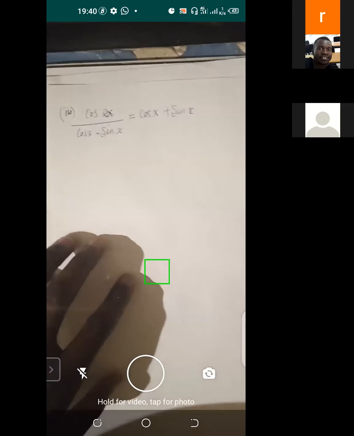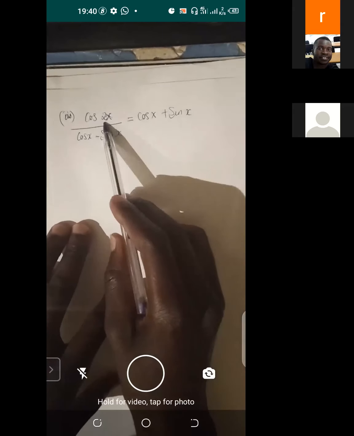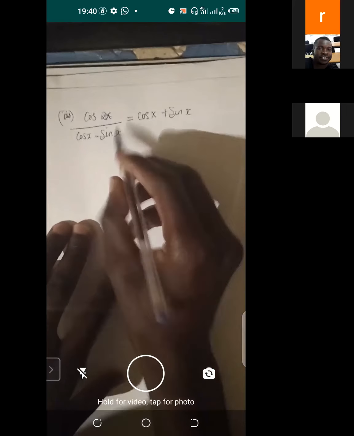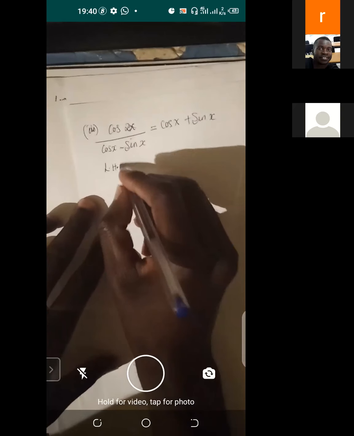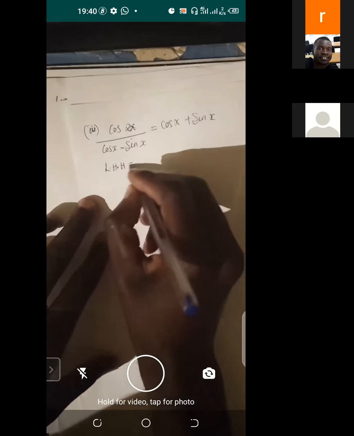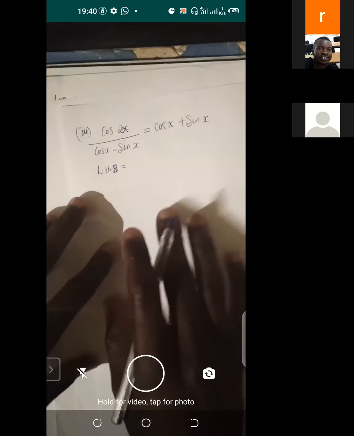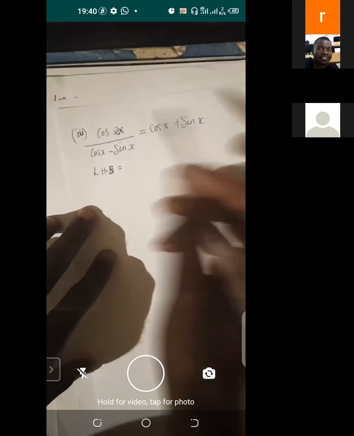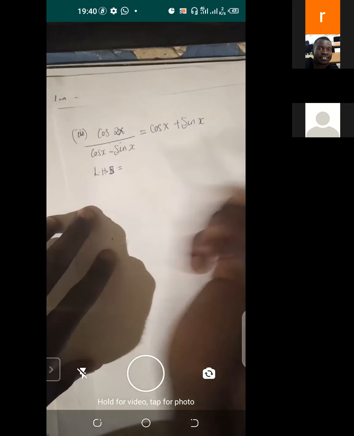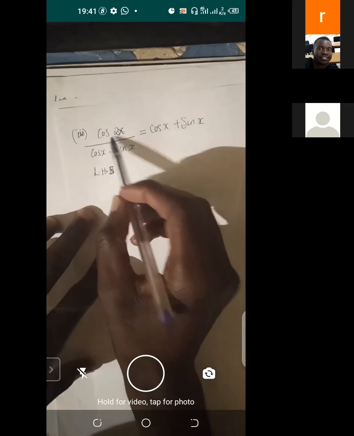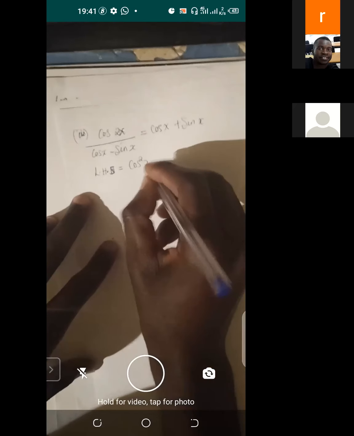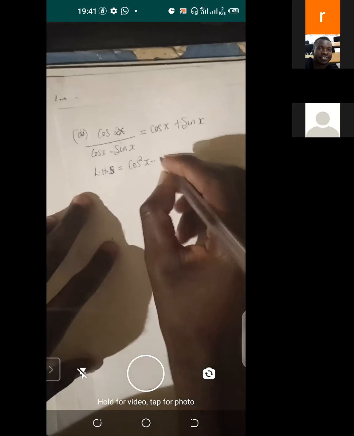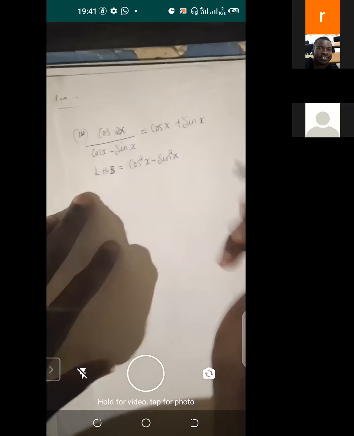So here we are going to consider the left-hand side. The left-hand side here is equal to cos 2x. We know the identity for cos 2x. We know the formula. This is cos squared x minus sine squared x. Then